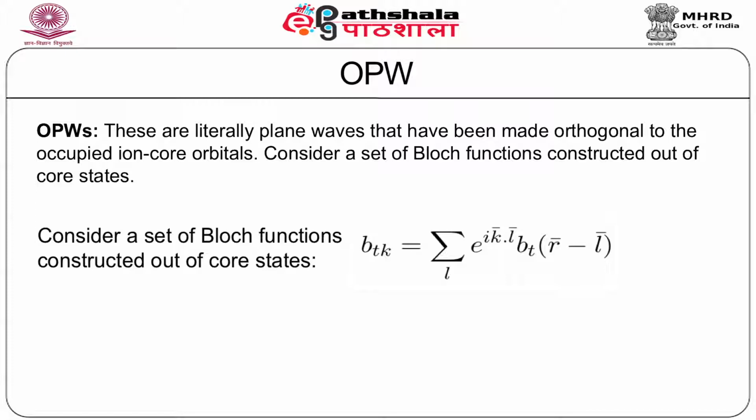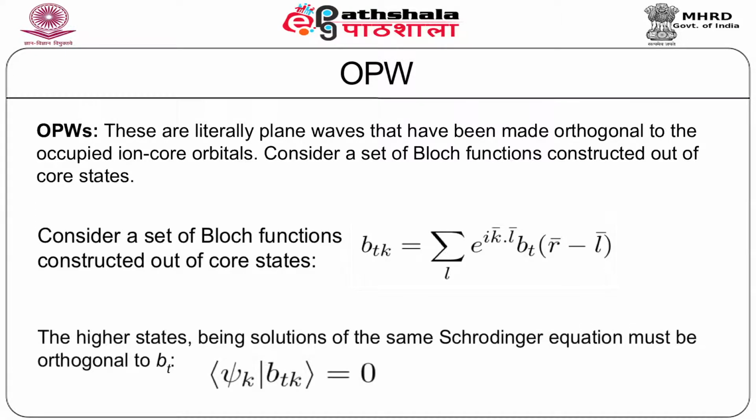This is actually a solution of the Schrödinger equation of the whole crystal, corresponding to one of the core levels having an energy given by epsilon t. It could form, therefore, a narrow band which is fully occupied. The higher states, being solutions of the same Schrödinger equation, must be orthogonal to Btk, so that we should have